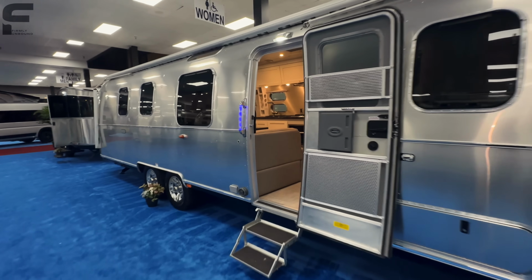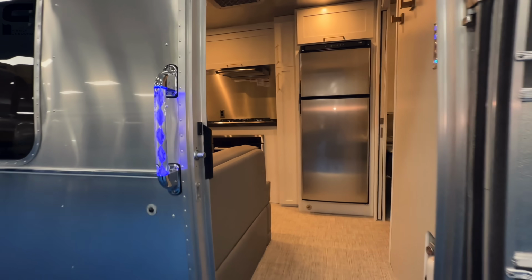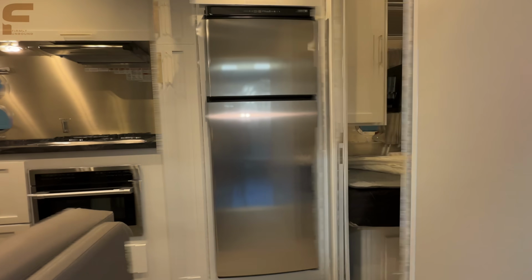walk inside here, the first thing that really stands out in this particular model, first of all,